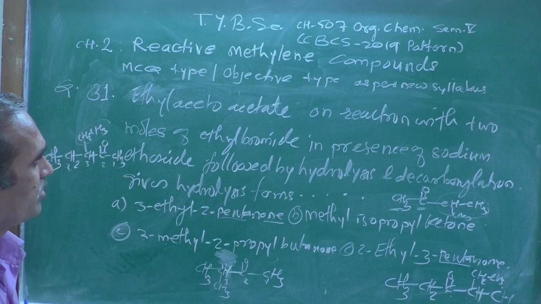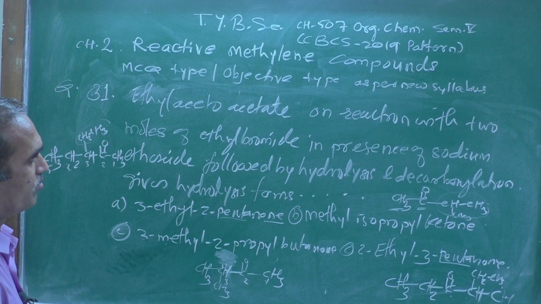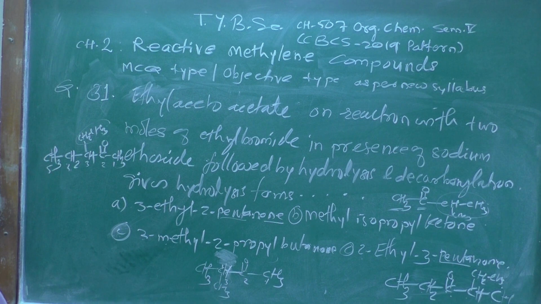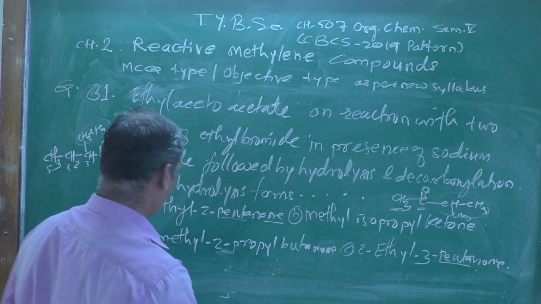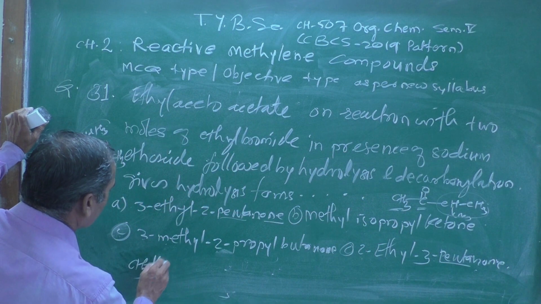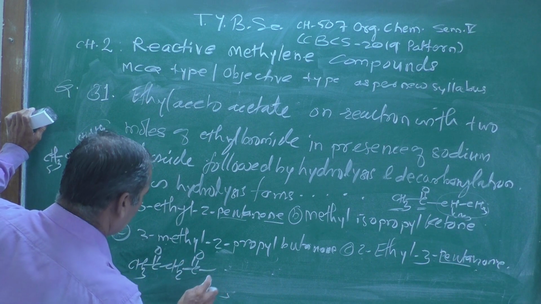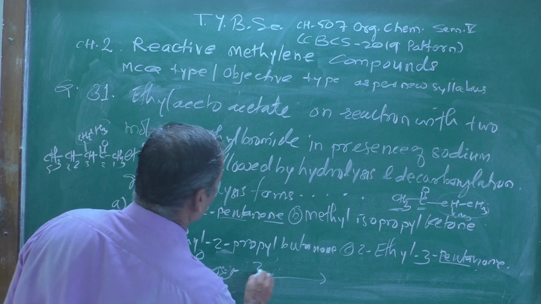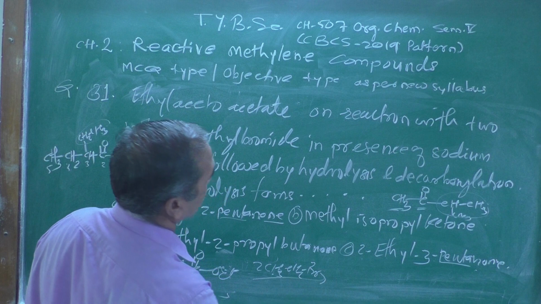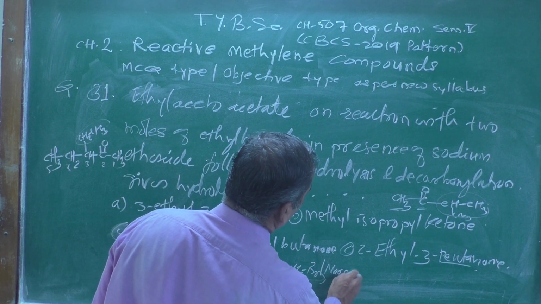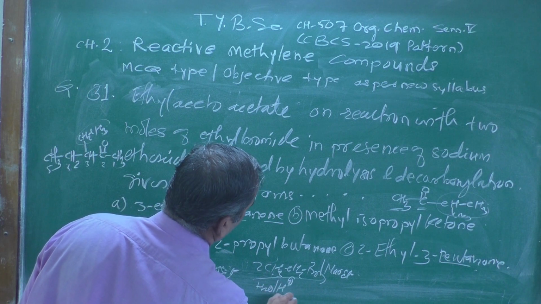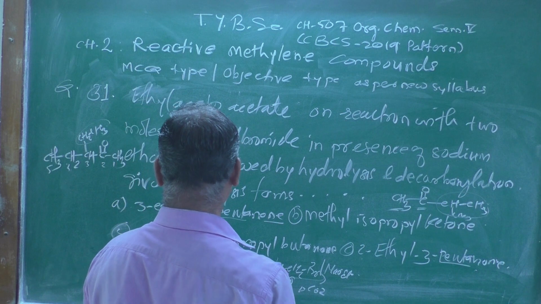Ethyl acetate on reaction with 2 moles of ethyl bromide in presence of sodium ethoxide followed by hydrolysis and decarboxylation. Let me draw the structure first. Ethyl acetate is this one, CH3 C double bond O, then CH2 C double bond O, then OEt. It will react with 2 moles of ethyl bromide, CH3CH2Br, in presence of sodium ethoxide NaOEt, followed by hydrolysis H2O in presence of H plus, heat, minus CO2, decarboxylation, and finally you will end up with